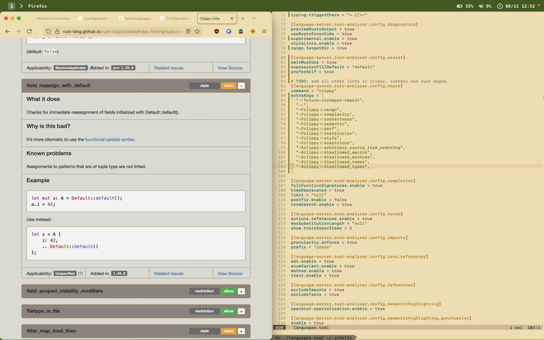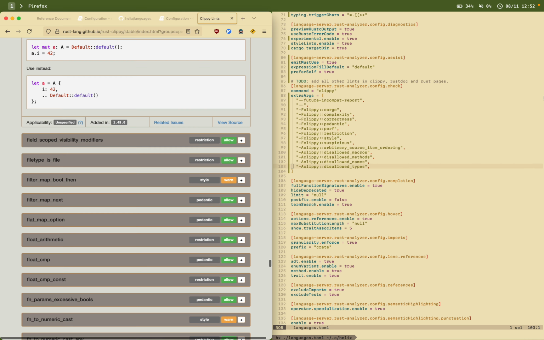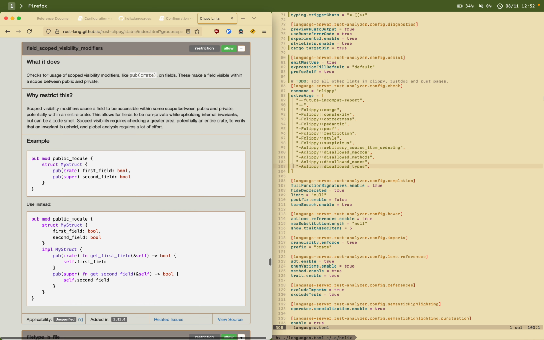All right, moving on. Field reassign with default. Checks for immediate reassignment of fields initialized with default. Makes sense. Makes a fair amount of sense that you want to do that. So yeah, I'm going to leave it on. Field scoped visibility modifiers. So this is going to be